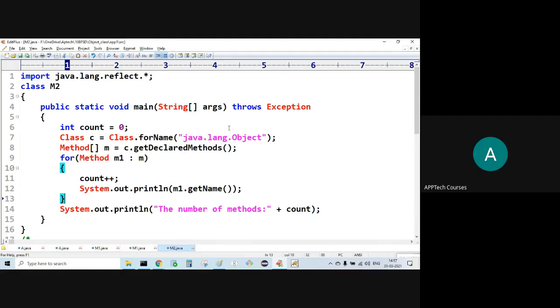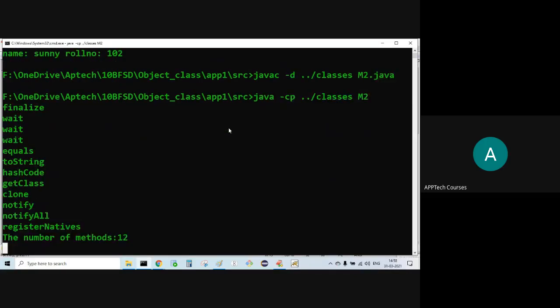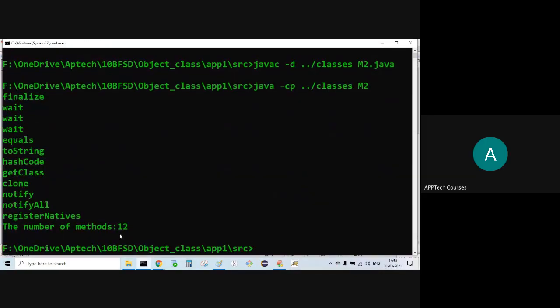How many methods are there? Totally 12 methods are there, but for user purpose only 11 methods are available.